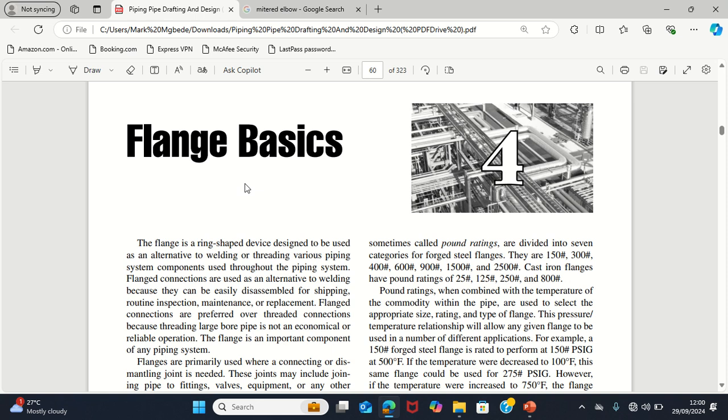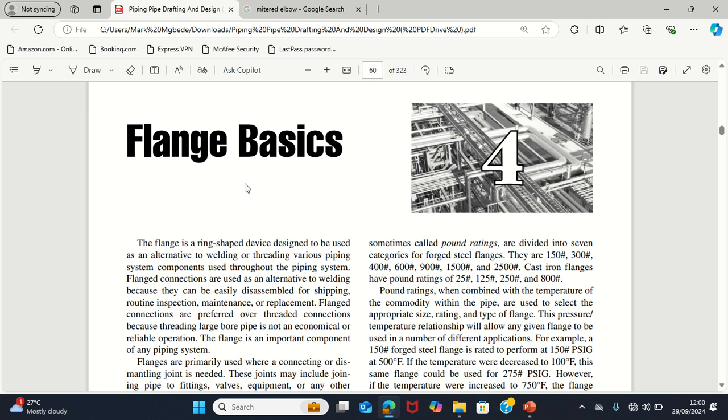A flange is a ring-shaped device designed to be used as an alternative to welding or threading various pipe system components used throughout the piping system. So it can be used as a connection pipe to pipe, pipe to equipment, because the equipment